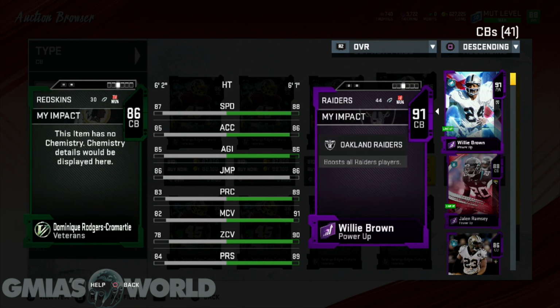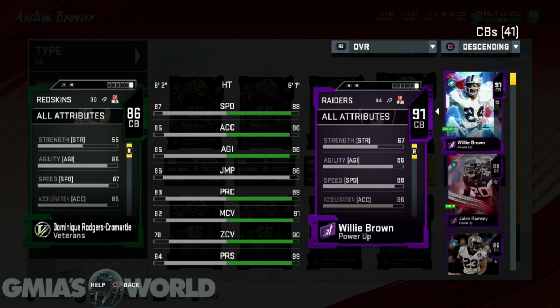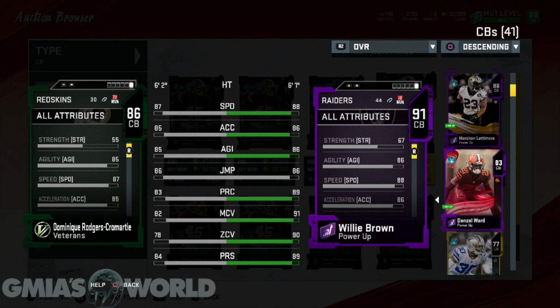Because what happens is, like, if I say I run nickel, right? You know why I would like this card? If I was running nickel, I would replace whoever, like the Anthony Brown that I had for the Cowboys, whatever. I would replace him with Dominique Rodgers-Cromartie. And you might say, why would I do that? Because look, either